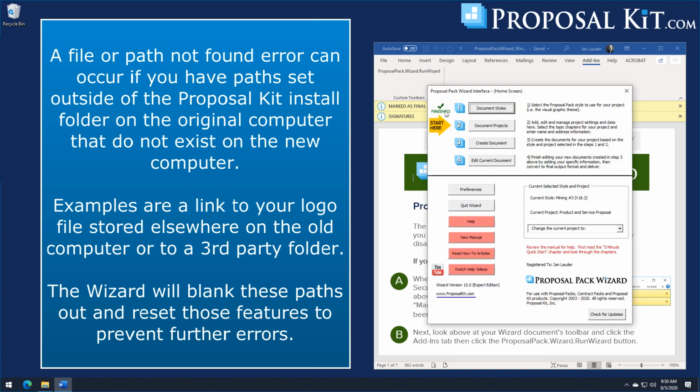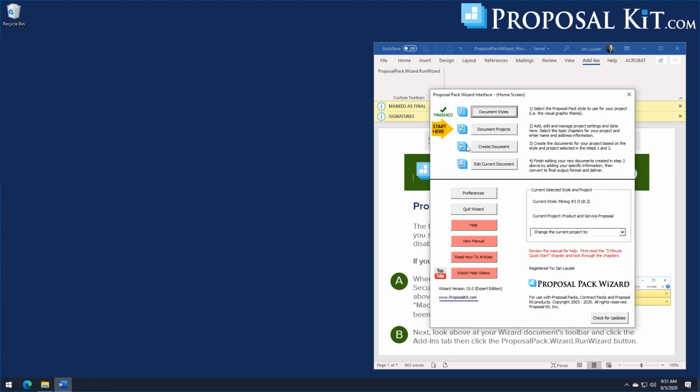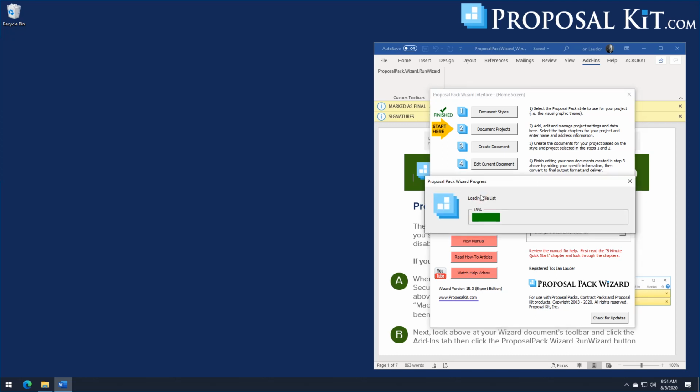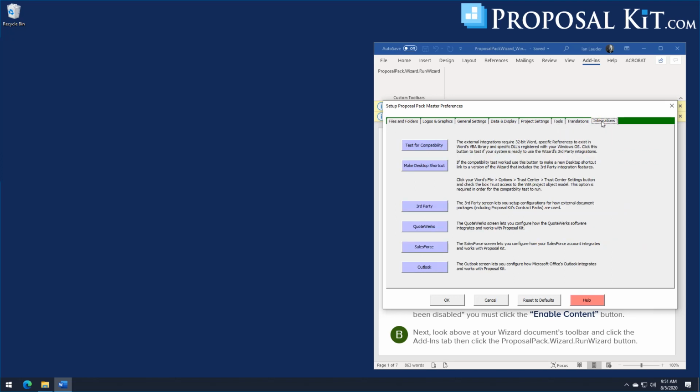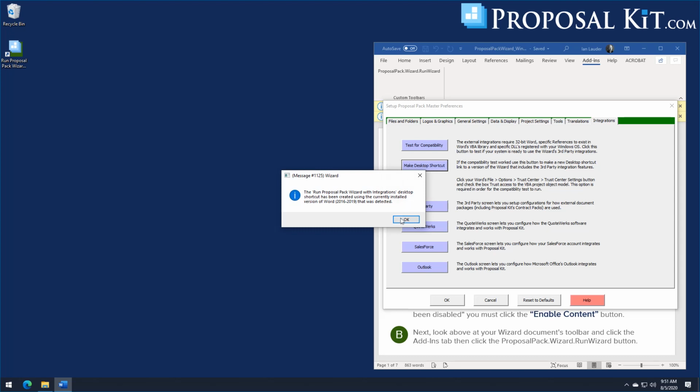Now normally the wizard will fix up any problems, so you should be able to get to the home screen here, and then what we'll do is we'll have to use the preferences to finish setting up the wizard to run the full version. So just click the preferences and we'll come over to the integrations tab, and note also during the copy we don't have the desktop shortcuts anymore. Those are created by the installer program, but we can make a desktop shortcut right here, and that will rebuild the shortcut